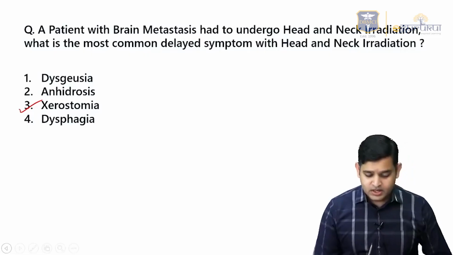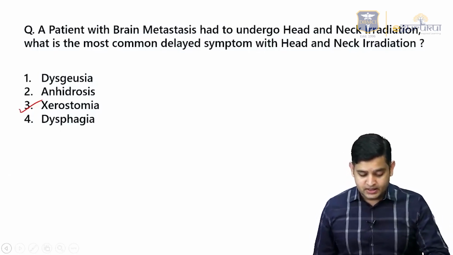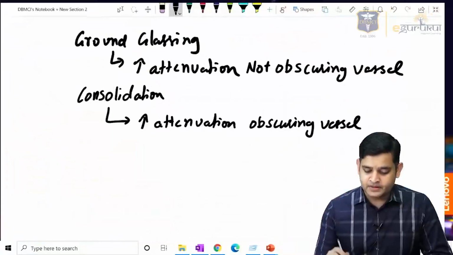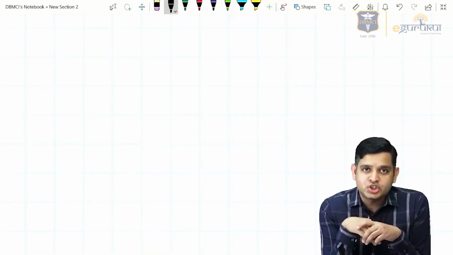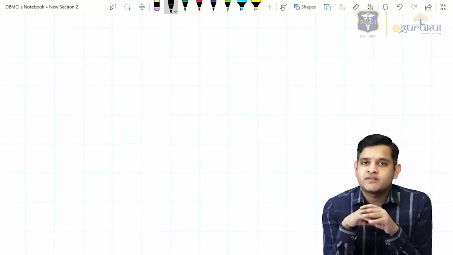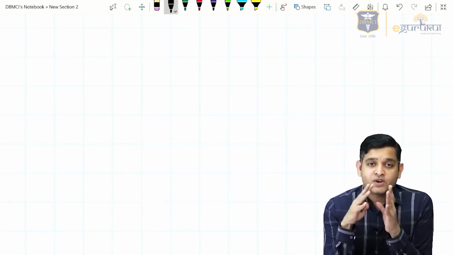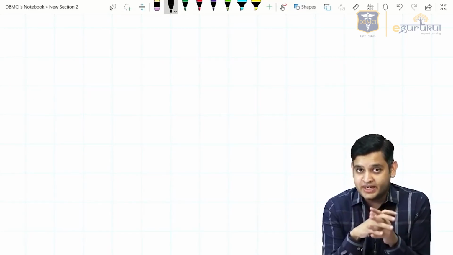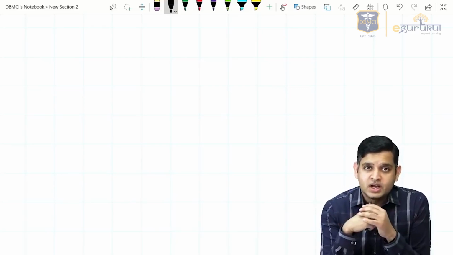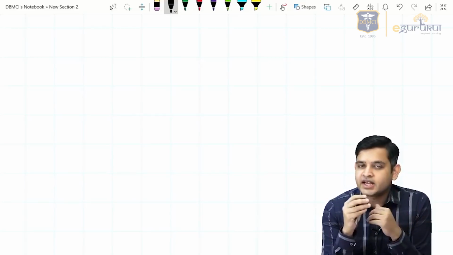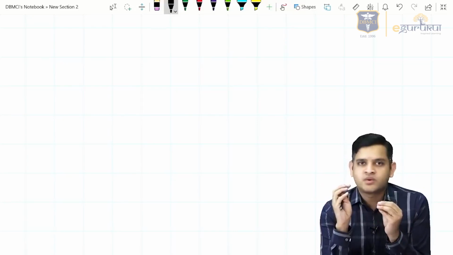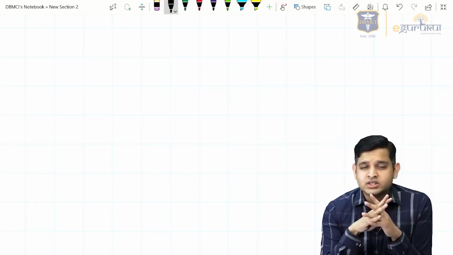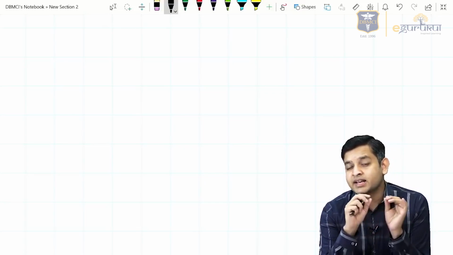So these were the questions that were asked in the exam. All I will say about the radiology questions is that irrespective of the level of exam that you are doing, if your understanding of radiology is right, as we have done in our usual classes, even if it's a slightly tricky question and your understanding of your clinical subject is right, you will be able to do that. So do not see any radiological part as an exclusive part.